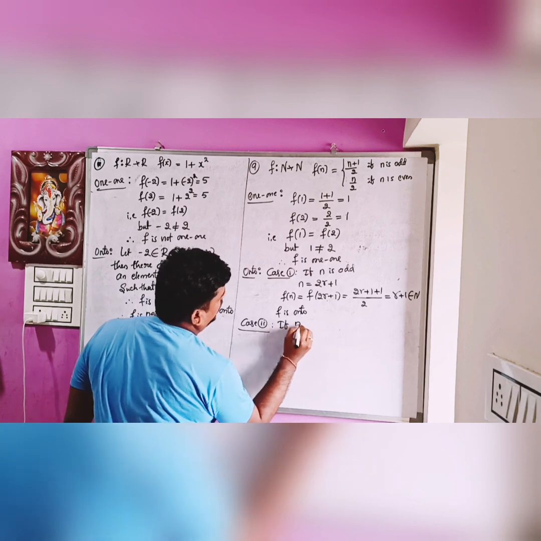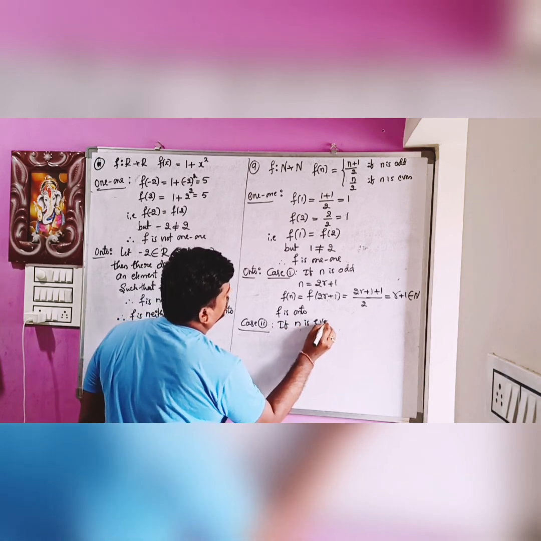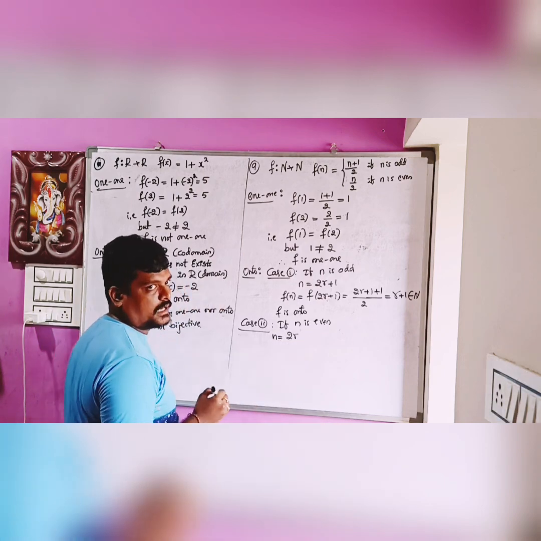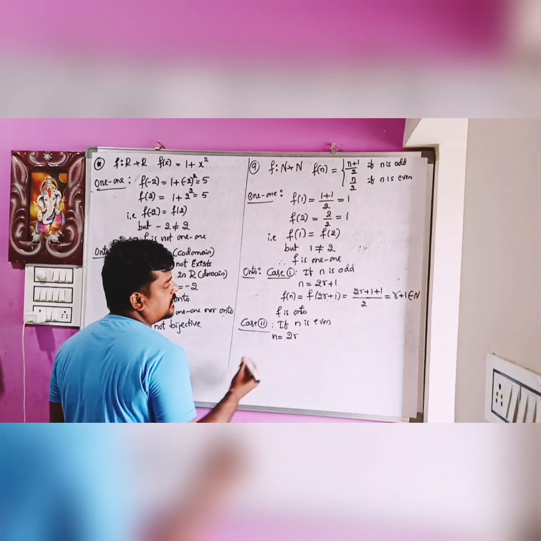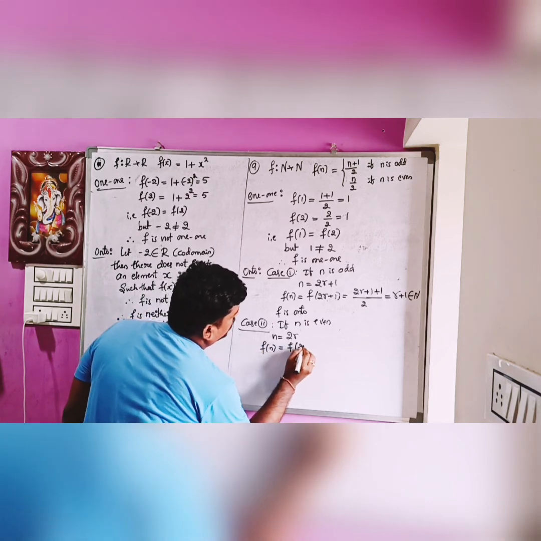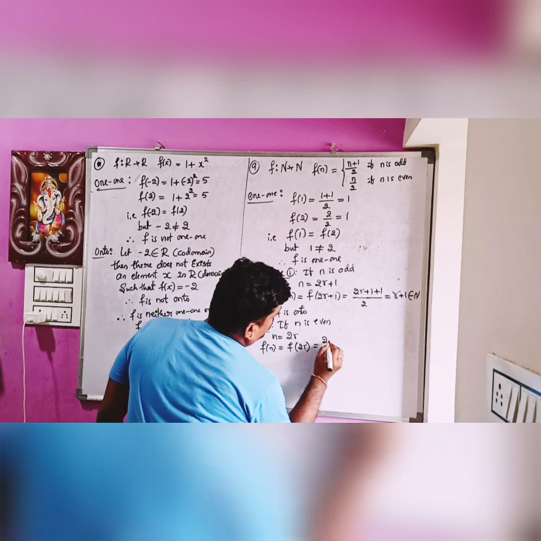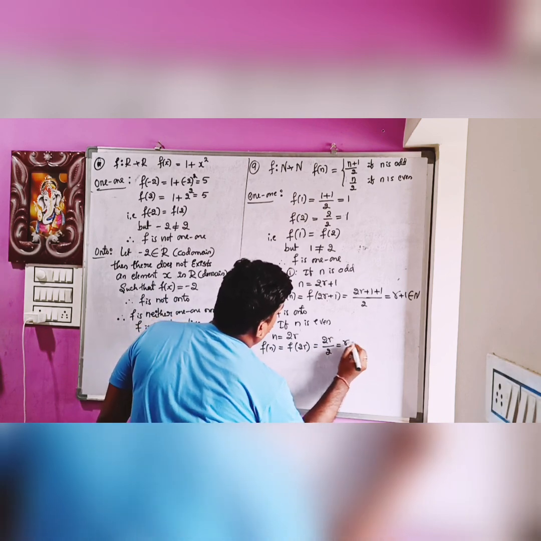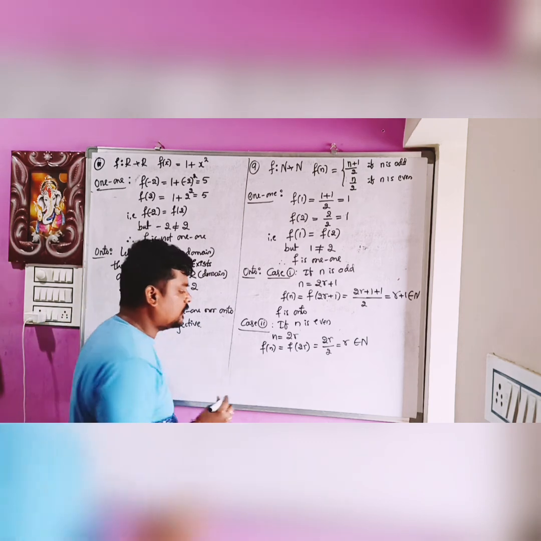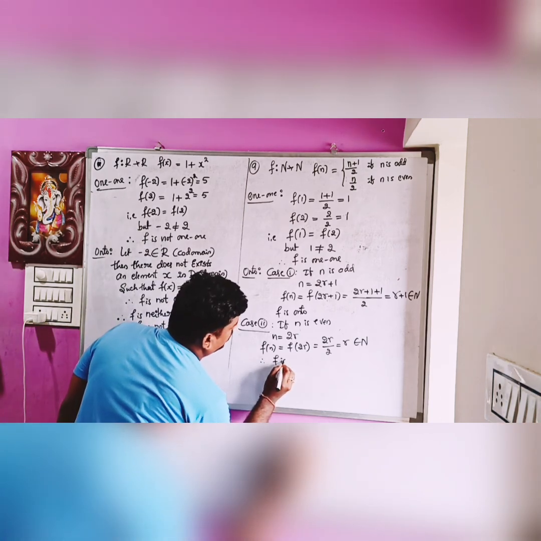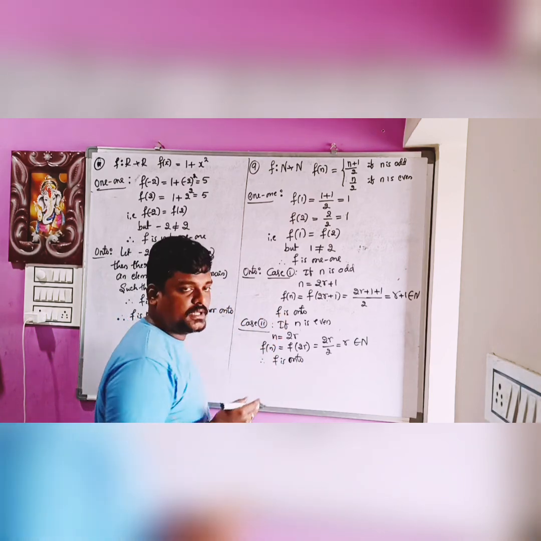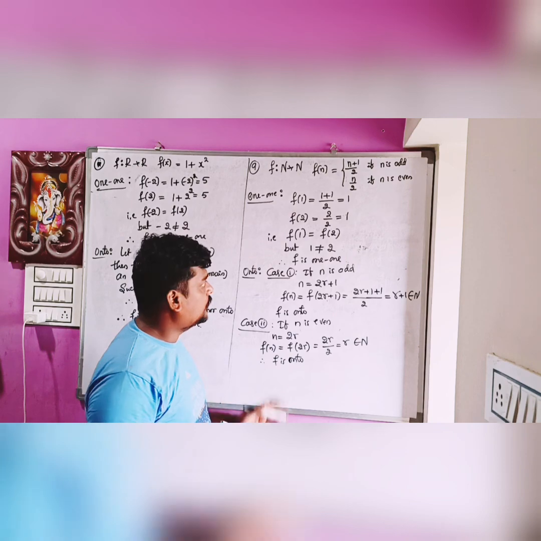If n is even, n can be represented as 2r, where r is a natural number. So n is equal to 2r. f of n can be written as f of 2r, which means 2r divided by 2, so it is r. It also belongs to the natural numbers. Therefore f is onto. So f is onto in case 1 and case 2, so we can say f is onto.